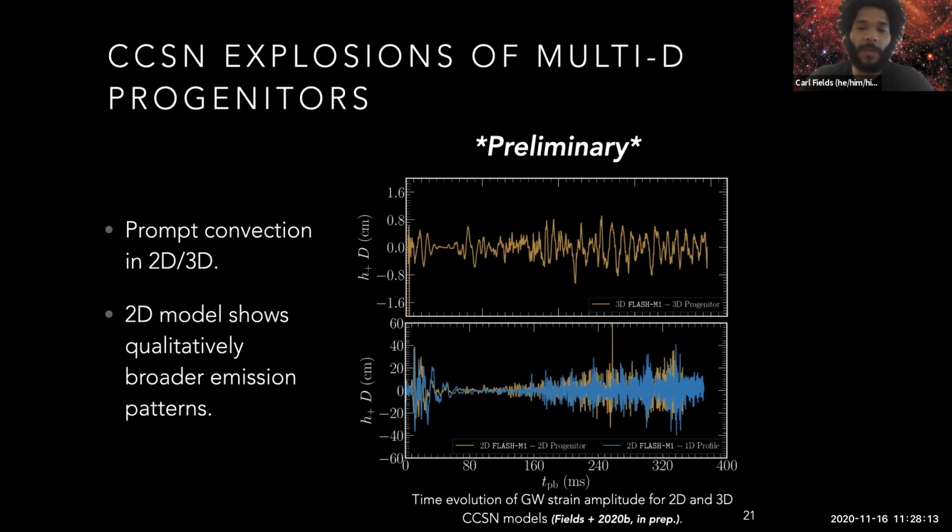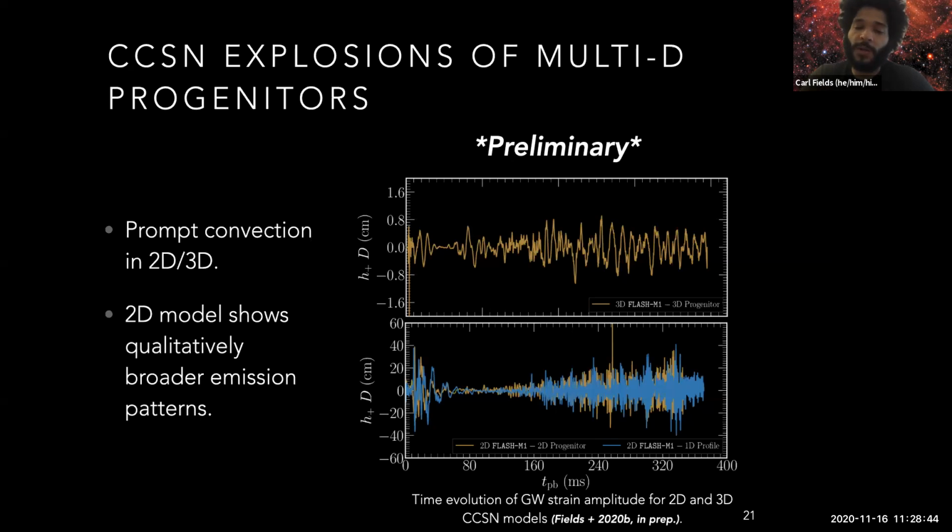So one of the last things I'll mention is the gravitational wave emission spectra from this model. So I have post bounce time again on the bottom, and then I have the gravitational wave strain multiplied by distance on the top for the 3D model and on the bottom for the 2D simulations, where one color denotes a 1D initial progenitor and the other color denotes the 2D progenitor. One of the main things that you'll see is that the 2D progenitor qualitatively affects the emission signal. And so this is something that's very interesting.